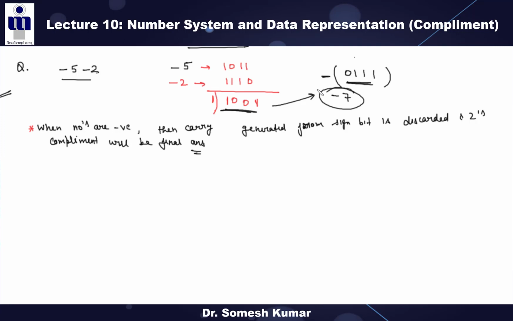Now tell me, is there an overflow or not? There is no overflow, right? Here, what is seen in this case? What is seen? 1. What is out? 1 XOR 1 is 0. In the other case, please understand the basics of the overflow, right? In this case, this 1 is discarded, right?